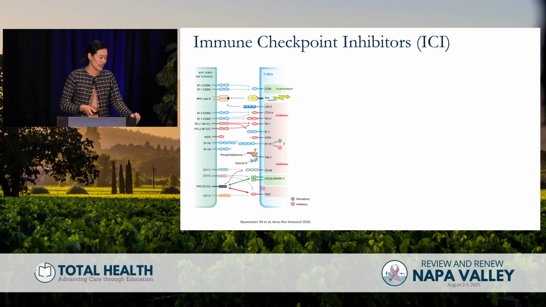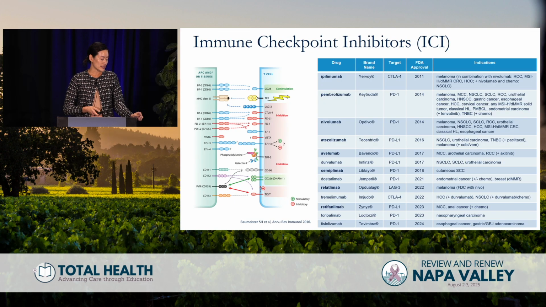Immune checkpoint inhibitors, or ICIs, are so named, as we know, because they block certain pathways that contribute to the inhibition of active T-cell immune surveillance of tumors. As you can see on this cartoon on the left-hand side of the screen, there are multiple co-stimulatory and inhibitory interactions that mediate the interplay between our immune cells and our tumor cells. The PD-1 antibodies are a foundational example of how blocking an inhibitory pathway, specifically the PD-1 receptor on the T cell between its ligands, PD-L1 or PD-L2 on tumor cells or other tissues, can potentiate T cell activity.